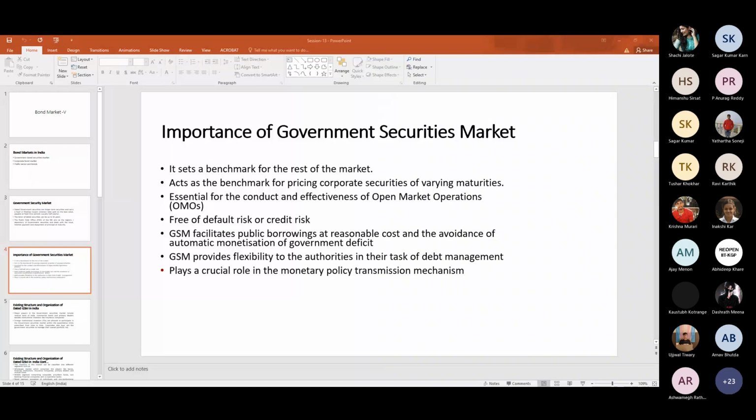If you compare it with other bond markets, then you look at the characteristics of that particular bond. If one bond is issued in the US, let's say by the Federal Reserve Bank, and here the bond is issued by the Reserve Bank of India, then that is comparable. But obviously the return you get from government securities in India will be more than the return of the bond issued by the Federal Reserve Bank.